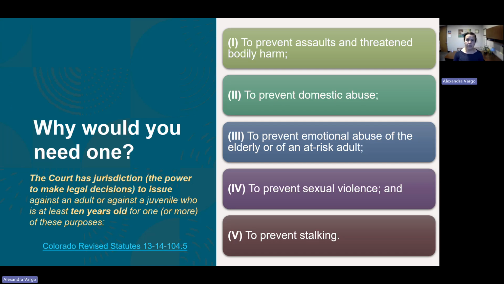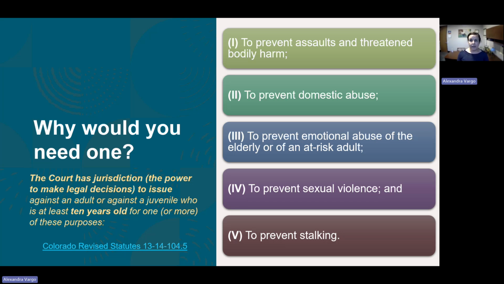So why would you need one? The court has jurisdiction to issue one against any adult or against a juvenile who's at least 10 years old or more. We don't see a lot of them, at least here in El Paso County where I practice, that are with children involved. Usually they try and get the school or the parents or someone else to reach some resolution when there's children involved. But if the party's over 10 years old, they can obtain a protection